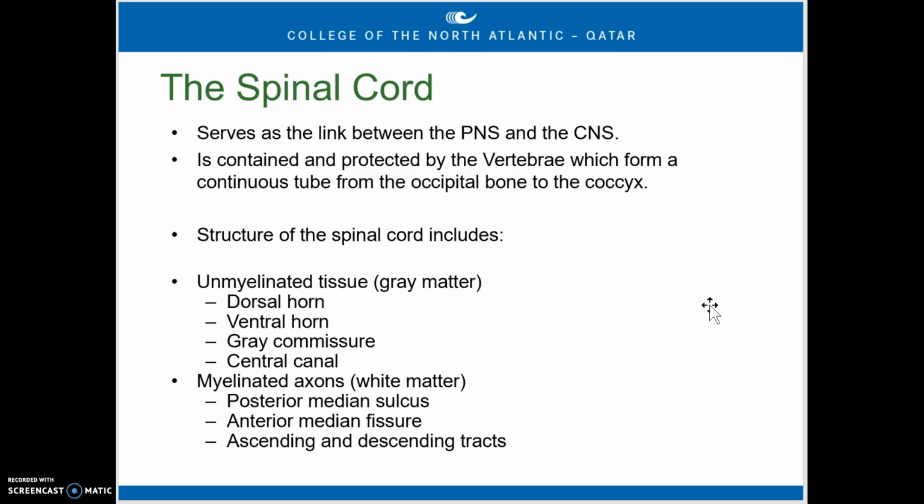Now, the axons, which are the fatty matter that makes up the white matter, we're going to find in the columns that surround the gray matter. Yesterday in lab we called them columns. In here though, probably you'll see tracts. But when we're talking about this, you guys think of